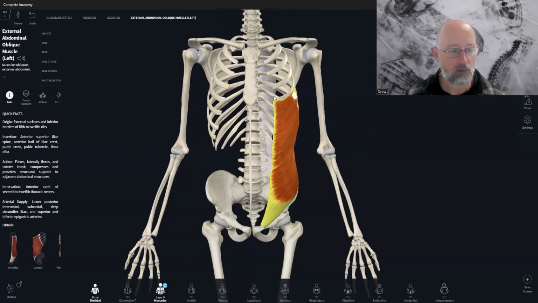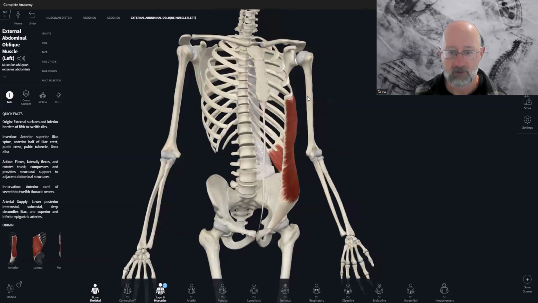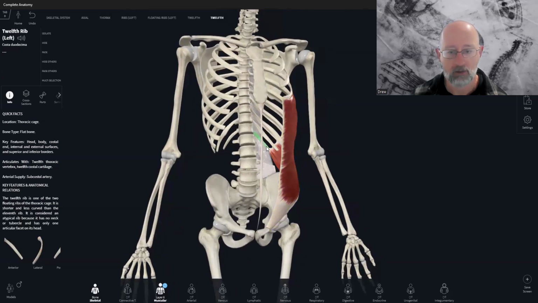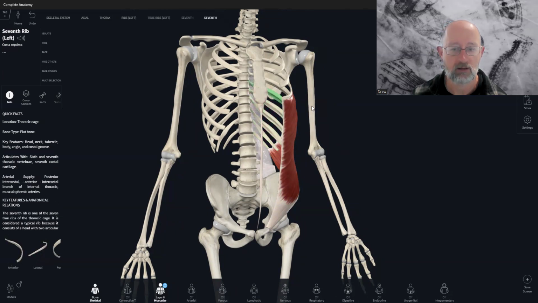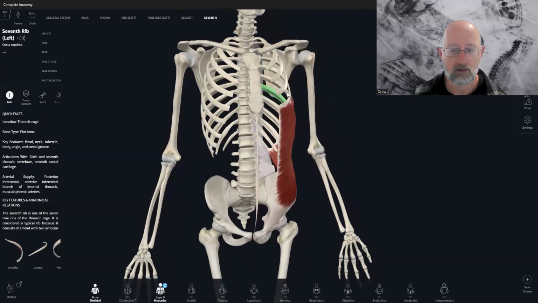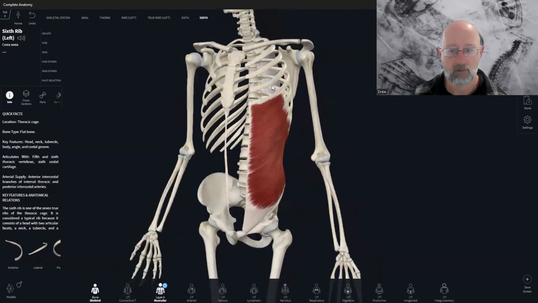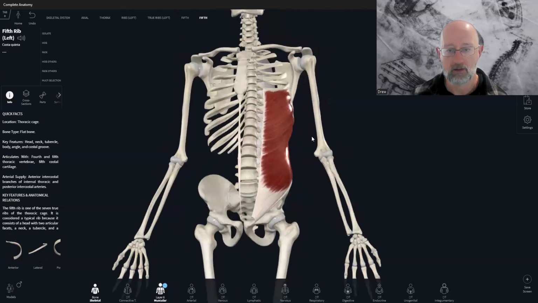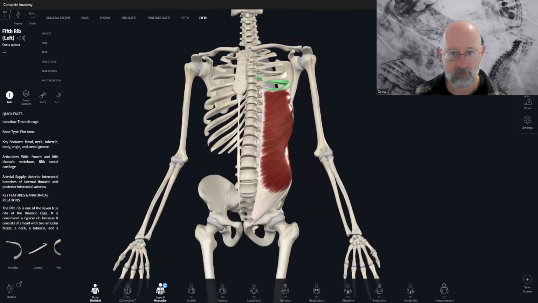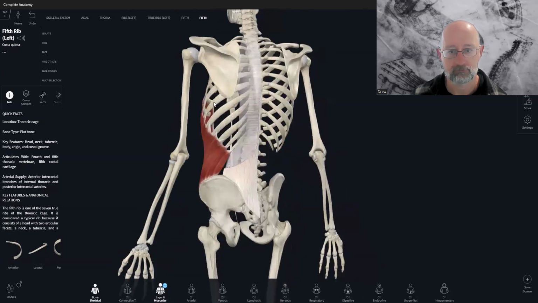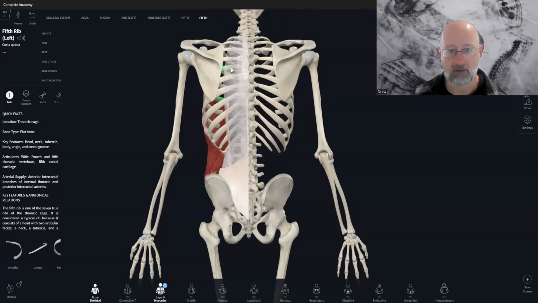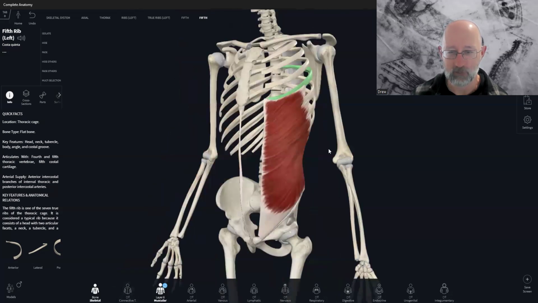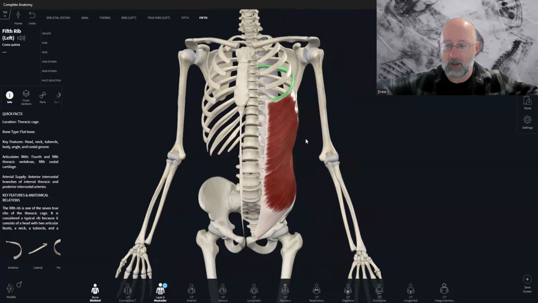So here we've got the 5th to 12th rib. It's a simple matter of just counting the ribs down. From here, this one's going to be rib 12, 11, 10, 9, 8, 7, 6, 5. Okay, so rib number 5, if you follow it around the back, is between your shoulder blades, or almost at armpit level. It's like wearing a big pair of pants and pulling them right up underneath your